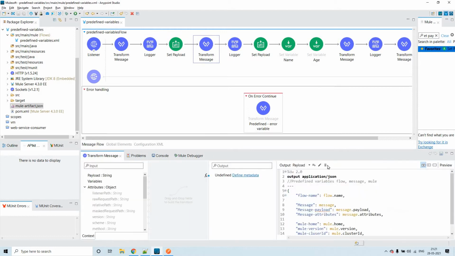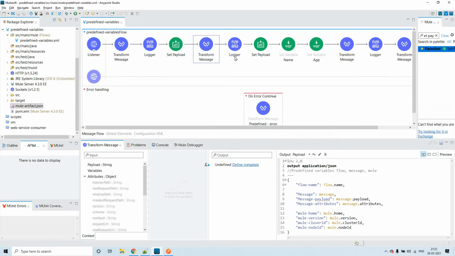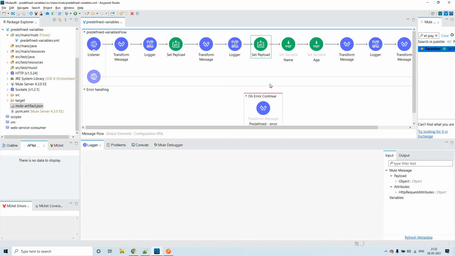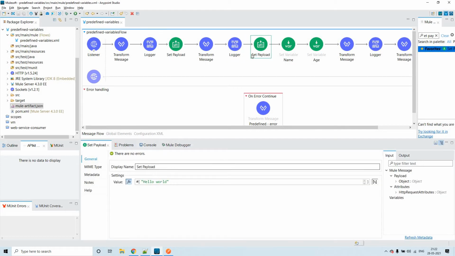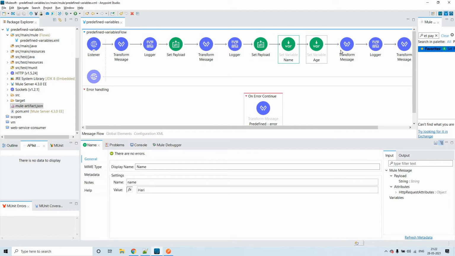I have constructed a simple payload from a transform message to demo predefined variables like flow, message, and mule. These three are also predefined variables. That is the outcome I'll be printing here.